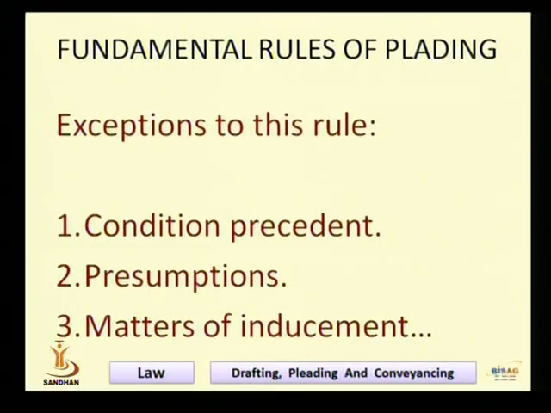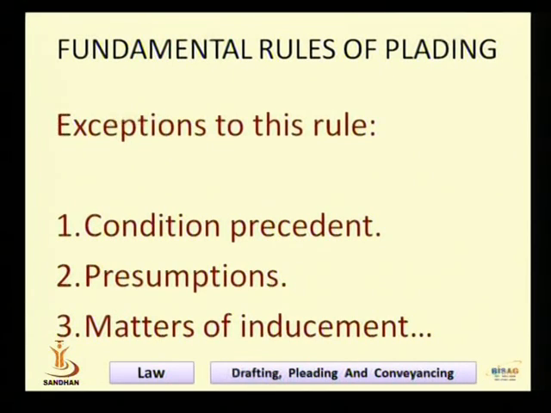Yes dear friend, the rule of material facts also has some exceptions. These exceptions are condition precedent, presumptions as I stated earlier, and matters of inducement. The first and third are new points because I have already discussed the presumptions under the Negotiable Instruments Act. Condition precedent means, as per section 80 of the CPC, if any suit is going to be filed